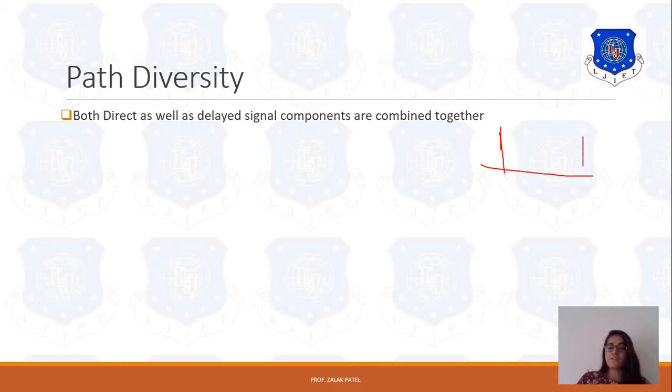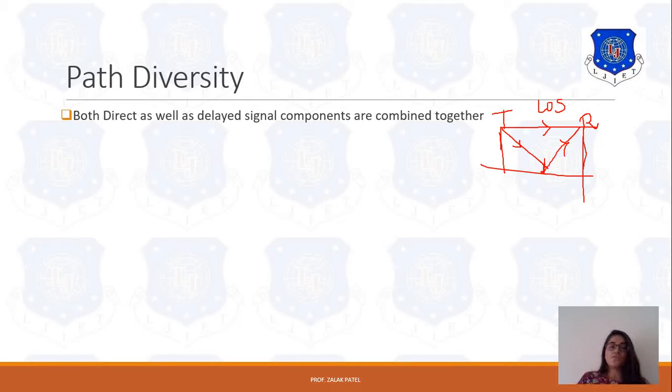In between the transmitter, here the first antenna is the transmitting antenna and the second is our receiving antenna. It is possible that there will be a clear line of sight distance from the transmitter to the receiver if there is no obstacle present in between. So this will provide the LOS, meaning line of sight distance. But if there is some obstruction present between the transmitter and receiver, then the wave may go in this direction from the transmitter to this obstacle and from this obstacle to the receiver side.